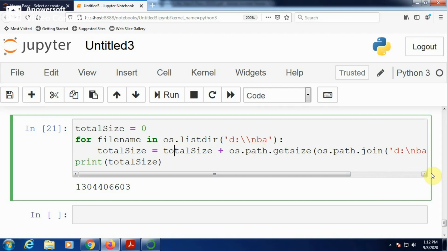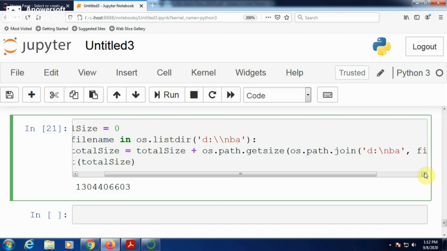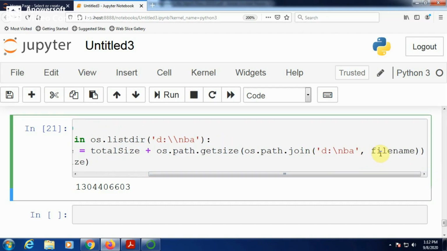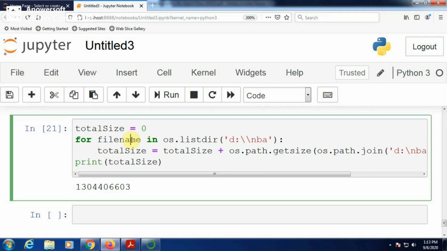You know why this join function is used? The join function is used to join each file with the NBA folder, because you want to get the total size of the NBA folder. From the NBA folder, each file is stored in the variable file name. That file name will be taken from the list of directories of NBA.